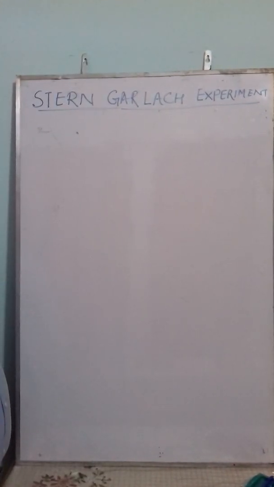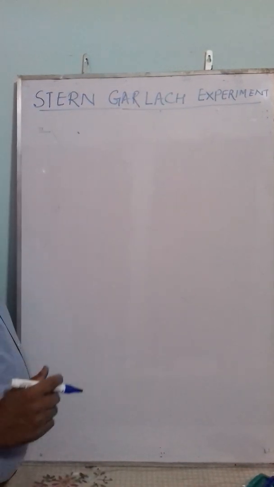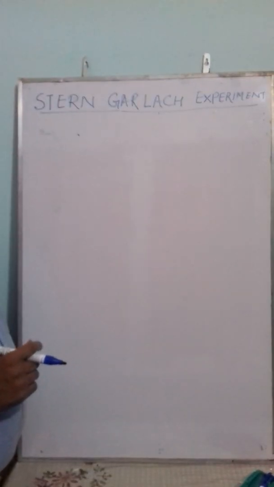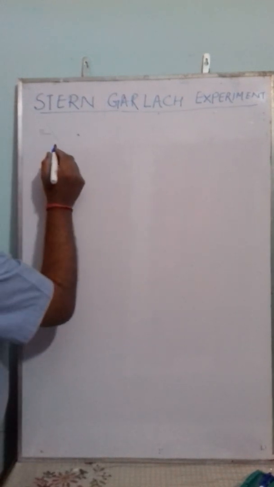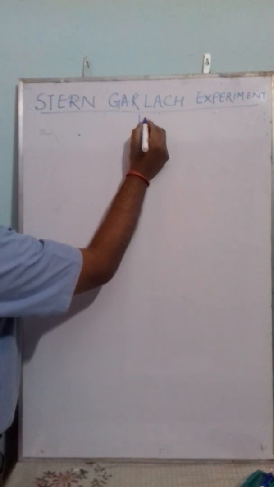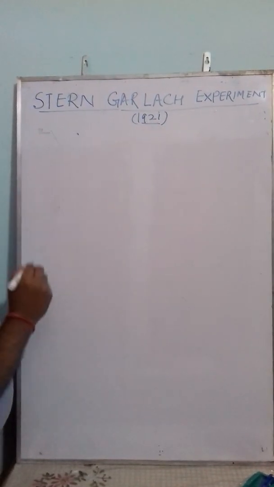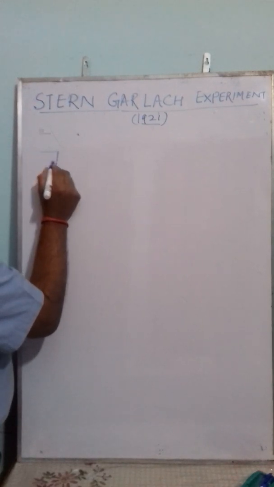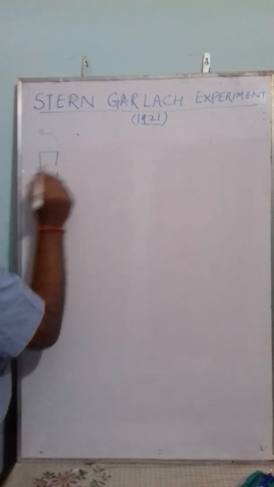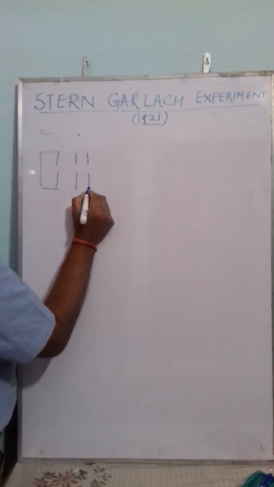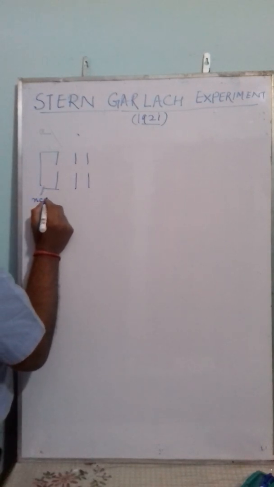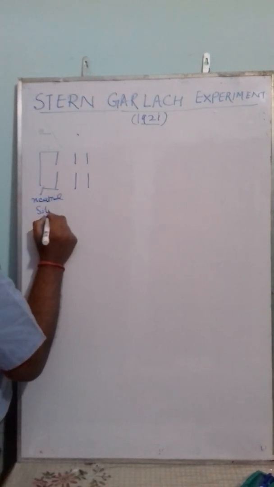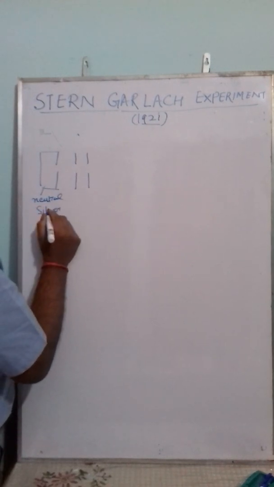So in continuation with the vector model of atom, today we are going to discuss a very important experiment performed by Stern-Gerlach, known as the Stern-Gerlach experiment. According to this experiment, Stern and Gerlach performed it in 1921. They took an oven like this. This is an oven with two slits, and in this oven they took neutral silver atoms,